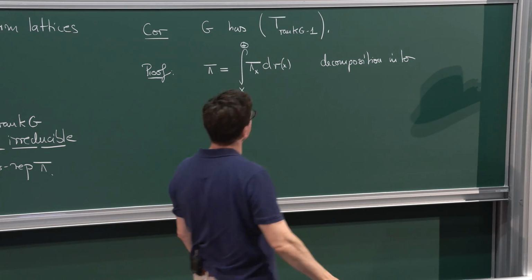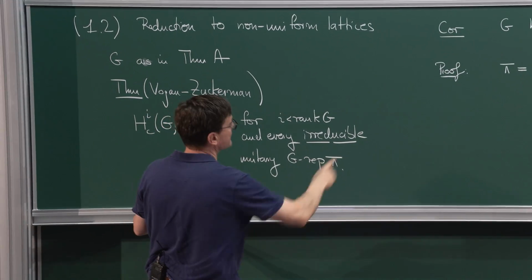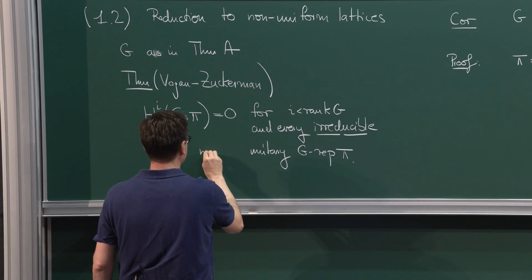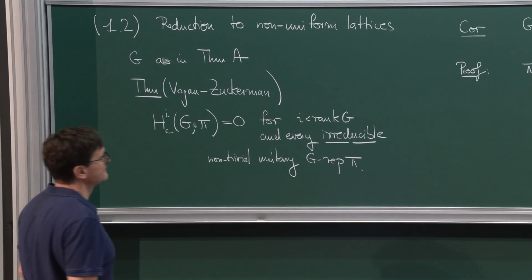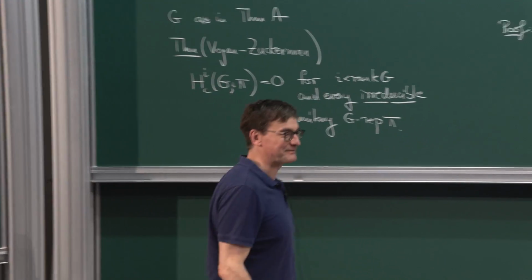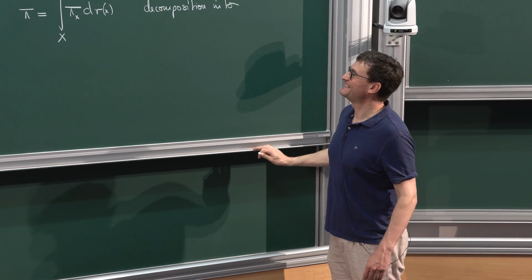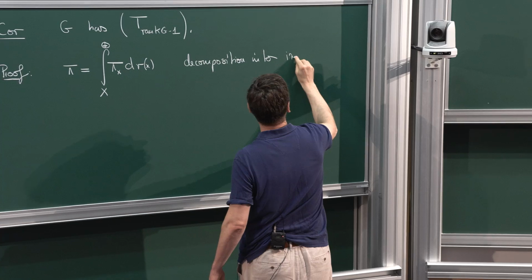In the theorem by Vogan-Zuckerman shouldn't be trivial. Yes, yes, yes, because we have these brackets. Thank you. Oh, that's great that every little mistake gets caught here. That's really good. So we have a decomposition into irreducible